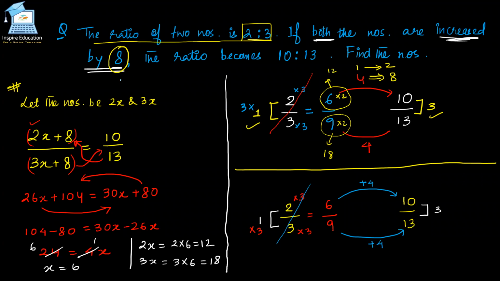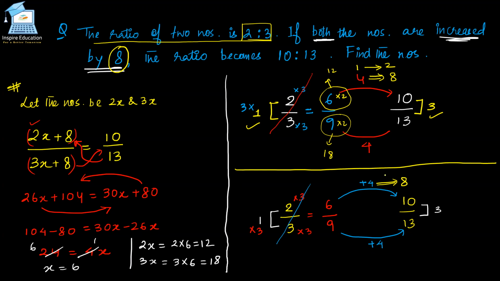But now you see the original question: are the numbers increased by 4 or are they increased by 8? In a fake manner, if we think about the ratios, we will see that the numbers are increased by 4. But hello, this is not true. The numbers are increased by 8, which means 4 is the fake increase and 8 is the original increase. So fake is equivalent to original.